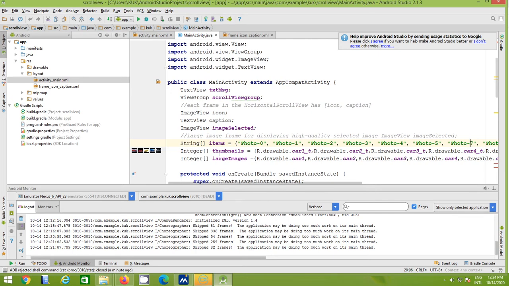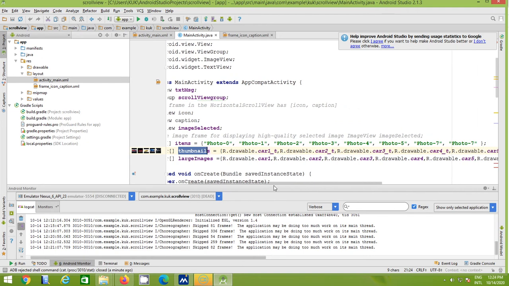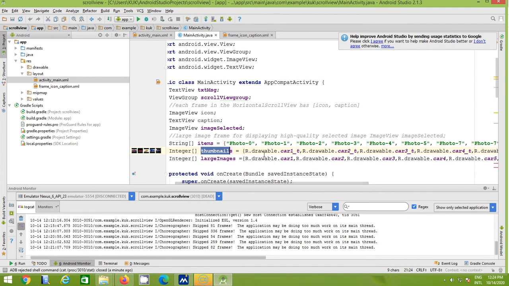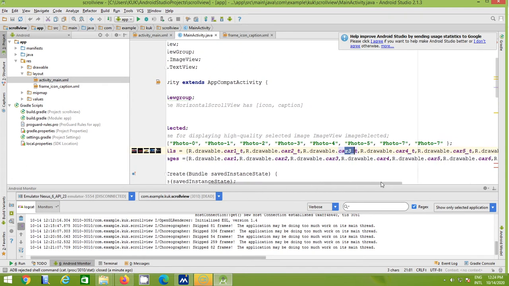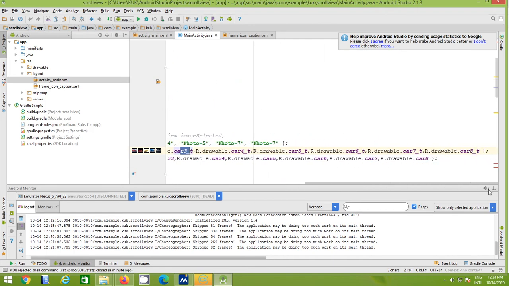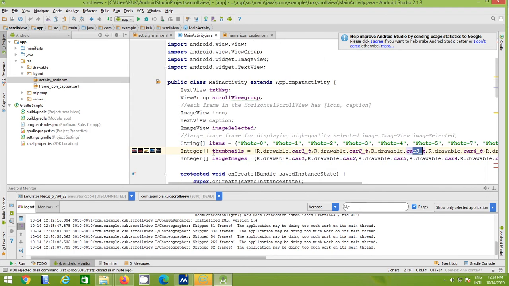Then we create one more array, the thumbnails, which will contain your small images. So R.drawable dot, that is the first thumbnail, second thumbnail, third thumbnail, and so on. All thumbnails are stored in the thumbnails integer array. Then the large images correspond to your small images, and the large images will be displayed.